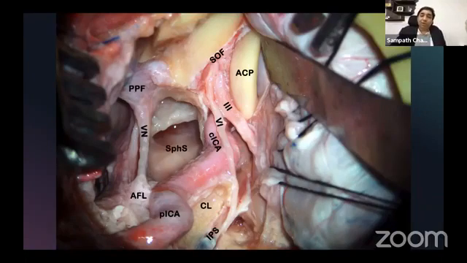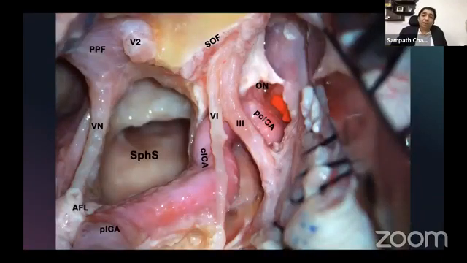So this is transcochlear type A. This is the optic nerve. This is the loop of the cavernous carotid, the superior orbital fissure, the 6th and 3rd cranial nerves. So all this is again the anatomy of the superior orbital fissure area and cavernous sinus area. We leave it for another day. We are not going to go back.